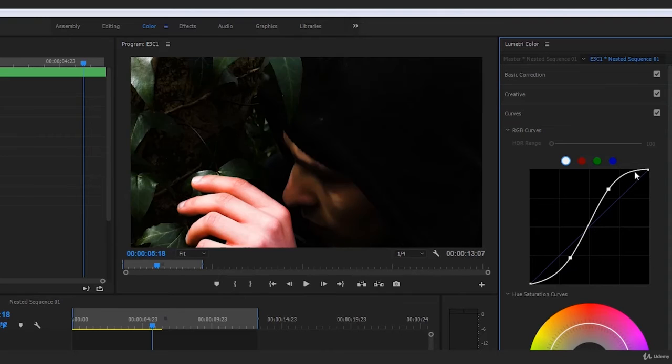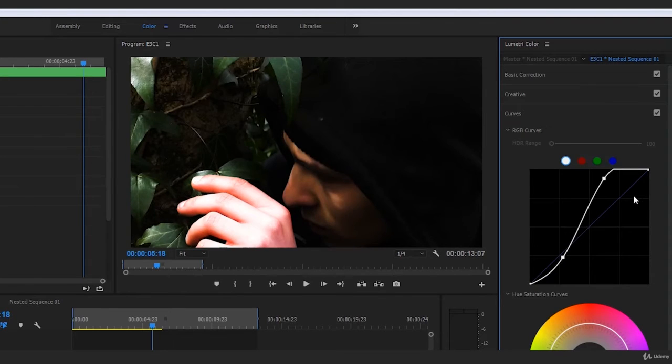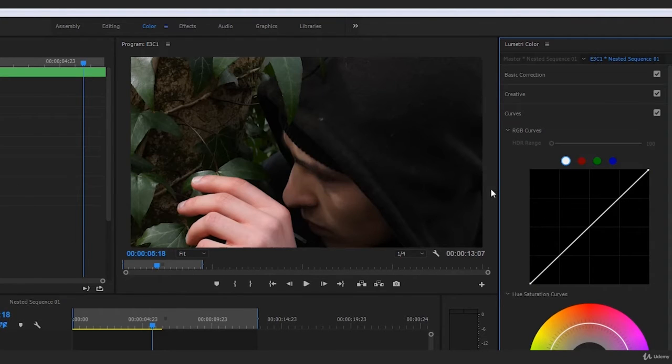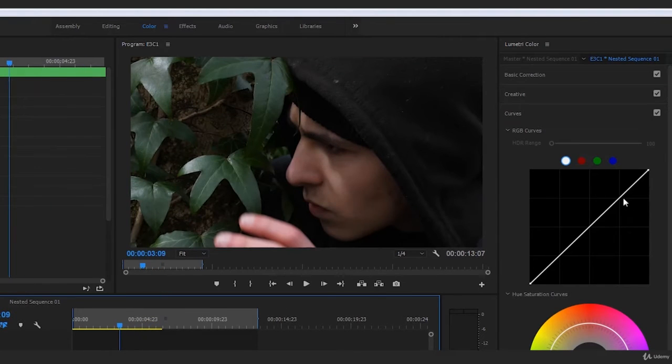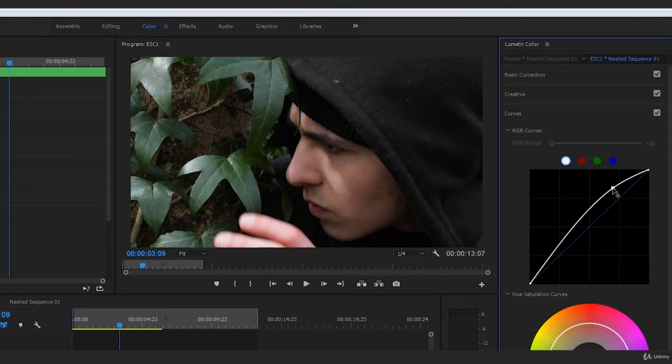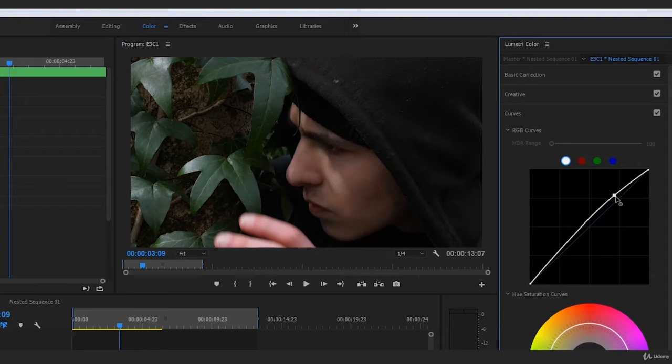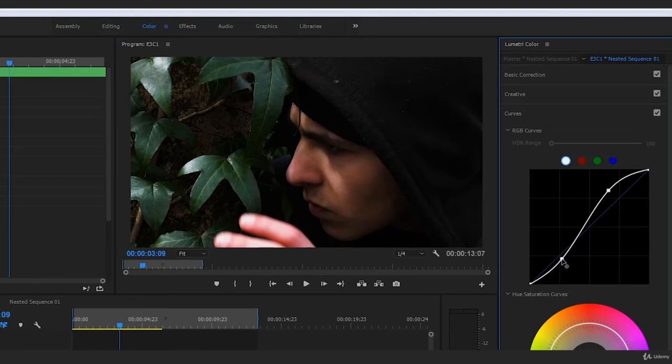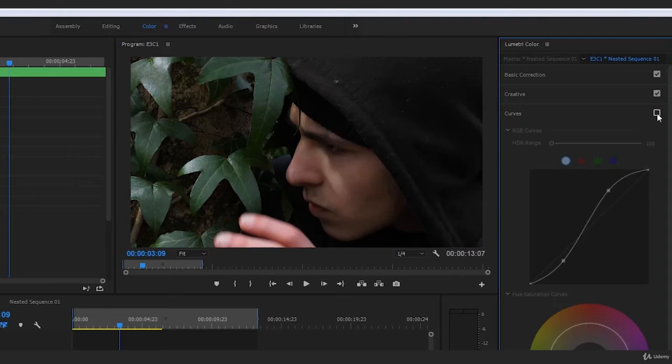But overall, if I'm just undoing everything there, my favorite method when I'm actually using the curves and dabbling with the curves is to perform this S strategy by simply coming to this point right here, dragging that up, coming down here, and dragging that just below the line so that we are creating a very nice cinematic grade. And if we turn this off, you can see how much flatter the image is,